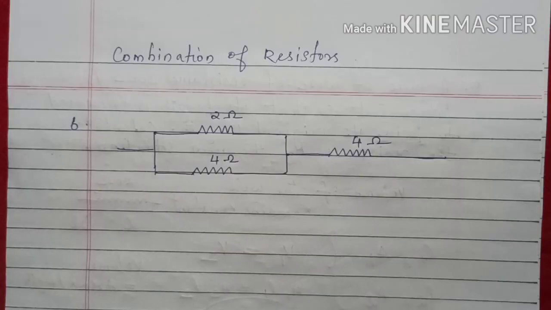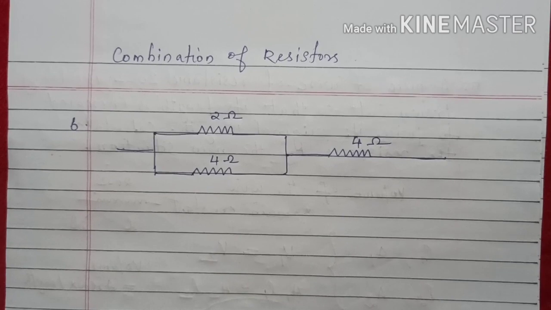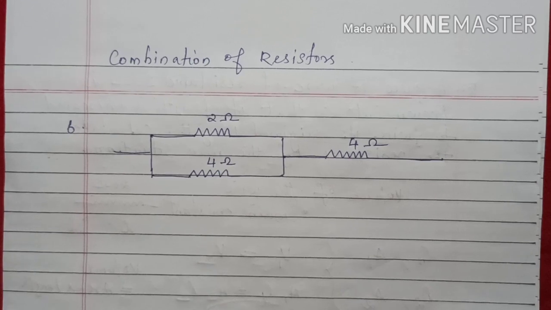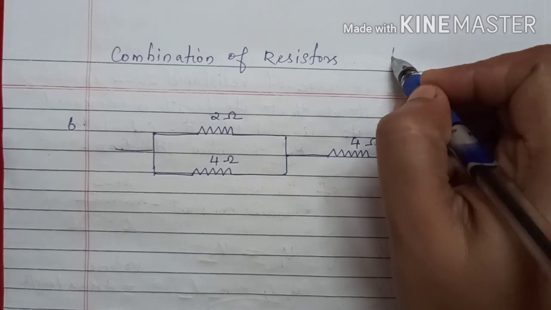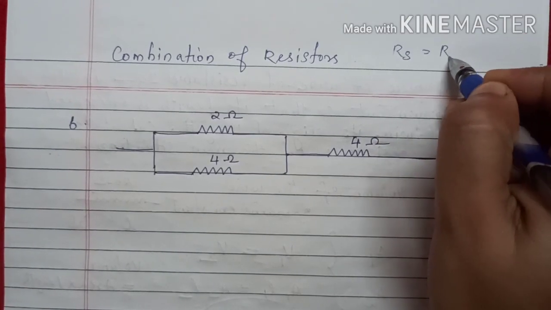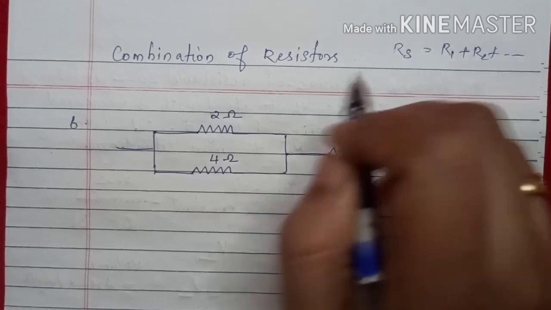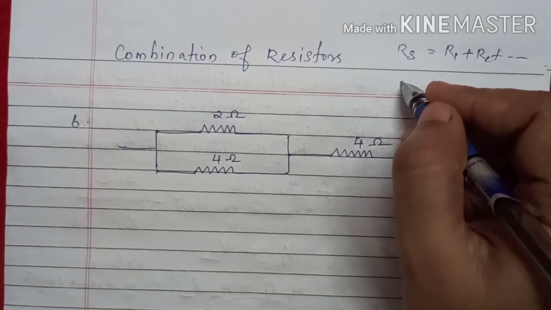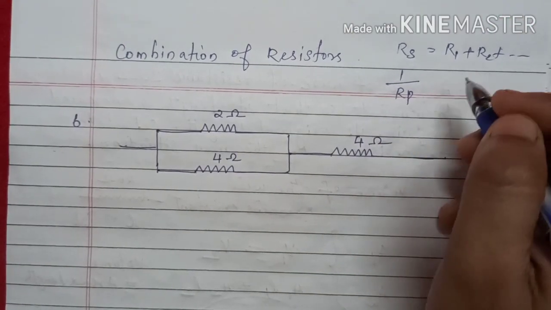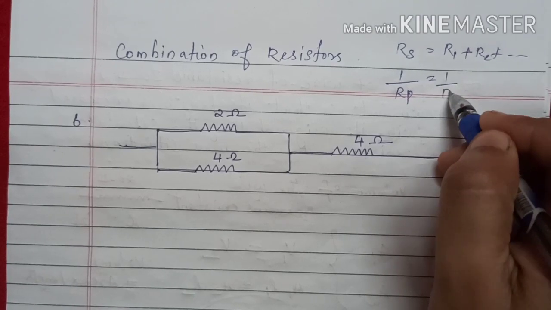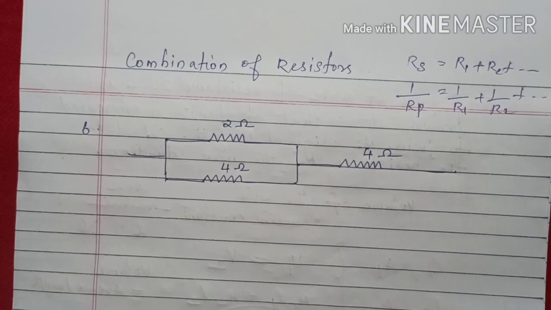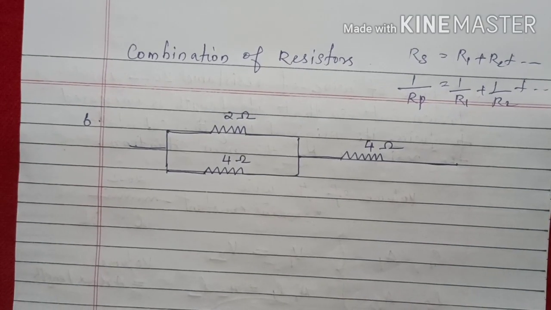Now we will look into the combination of resistors. As we have studied, the resistors can be connected in two ways. They are series and parallel. So in series connection, to find the effective resistance, you will write this equation: R is equal to R1 plus R2 plus etc. Isn't it? And in parallel combination, you can use the expression 1 by Rp equal to 1 by R1 plus 1 by R2 plus etc. Clear? So here we are going to discuss a few numericals based on this concept.